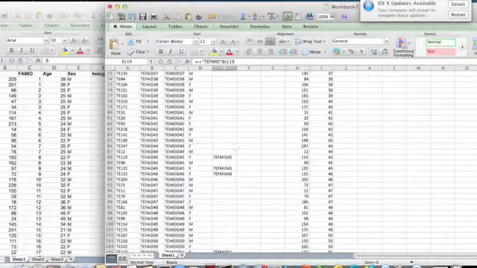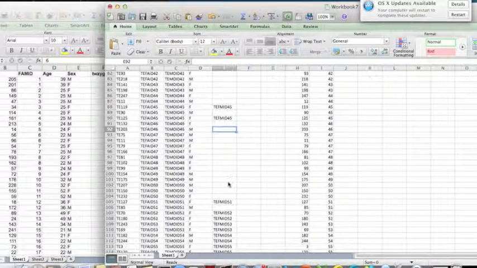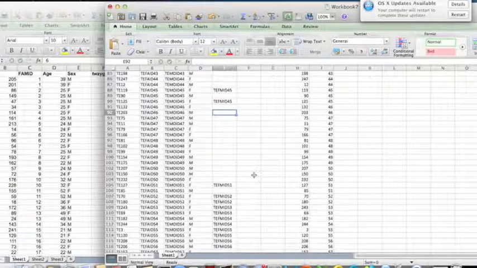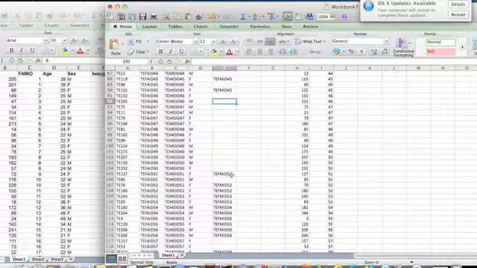So for instance, there are 2 twins from family 45. However, there's no twin for family 46. So we're going to have to delete this particular data point, otherwise it's going to create warning signs when we load it into Solar. Same with 51. There should be 2 twins with family 51, but there's only 1, so we're going to delete this